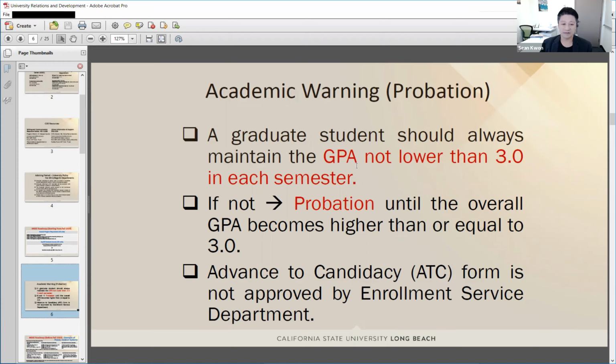And you can ask about any additional work or strategy to get at least a grade of B or A. That is my recommendation. So please check your state if your score is not very high. Any question again about academic warning, previously called probation?